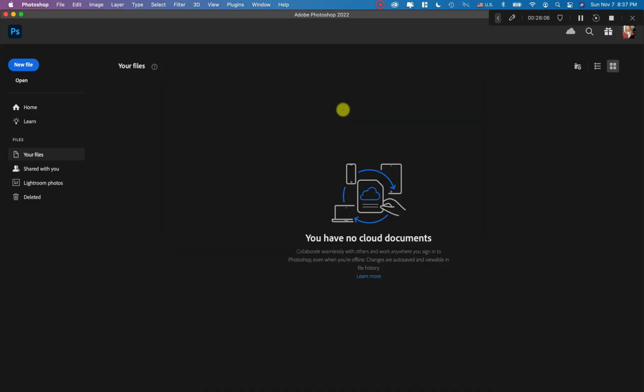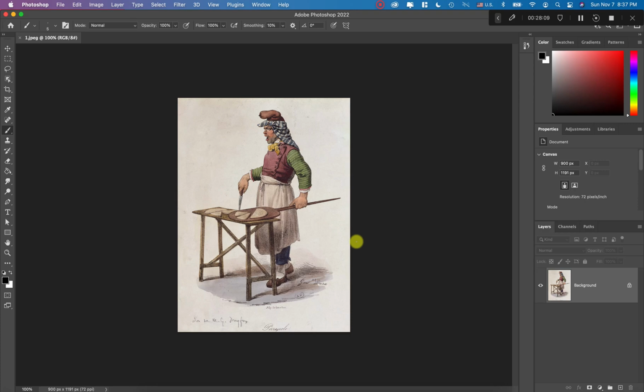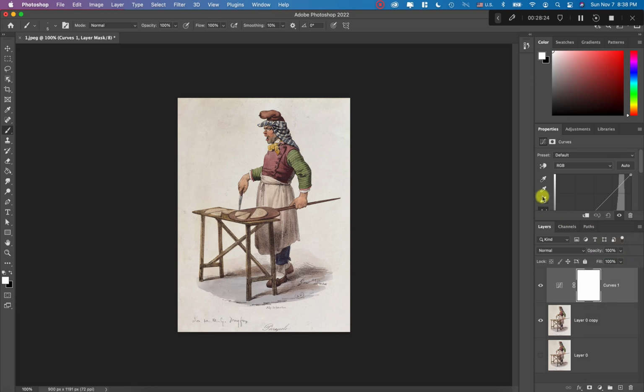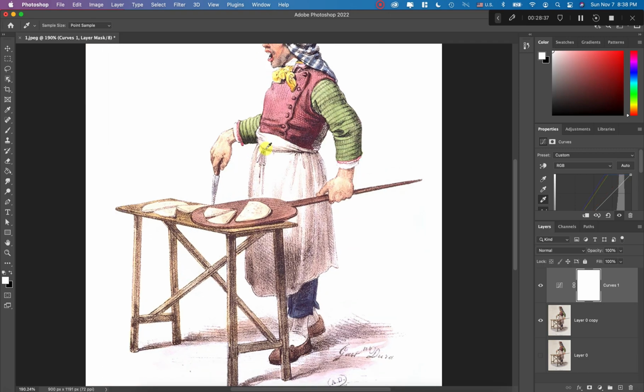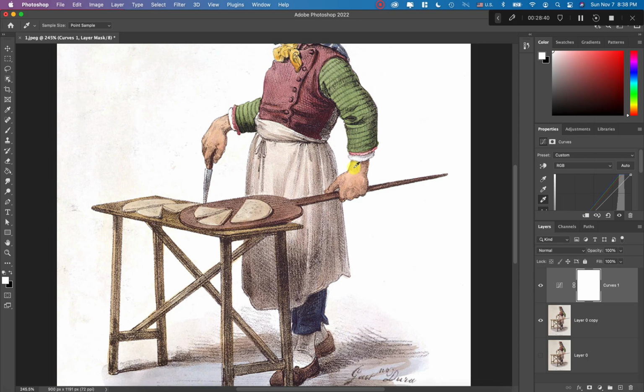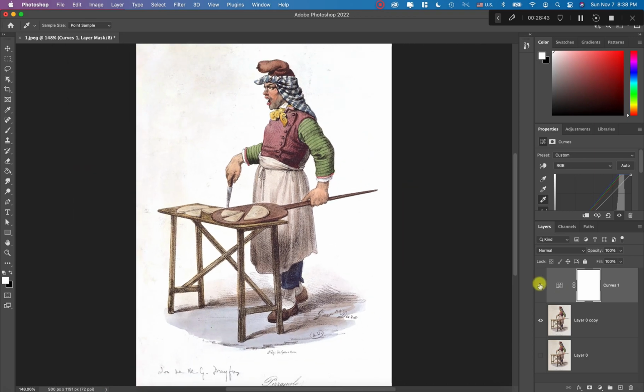The next image that I'm going to edit is this illustration. Now, I kind of want to recolor this in a way that feels a bit more modern. So again, I'm going to have my background image. I'm going to duplicate it, turn that back one off. From here, I am going to go to curves, use the white eyedropper again, pick roughly the whitest spot, and figure out what looks the best. That is too bright. I'm pretty happy with this, and I'm just going to see